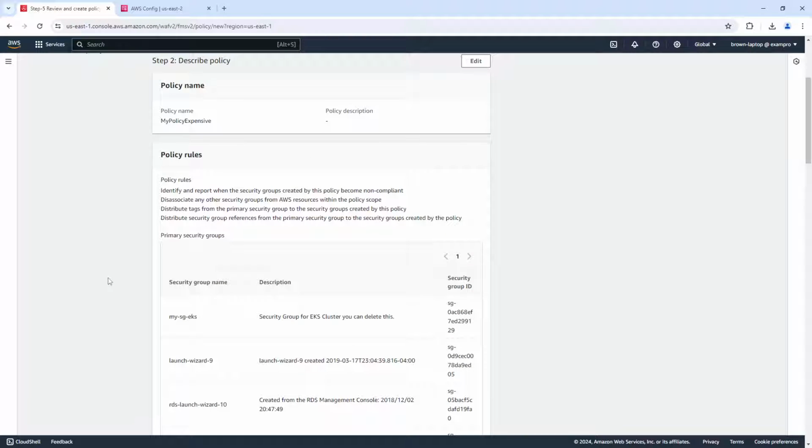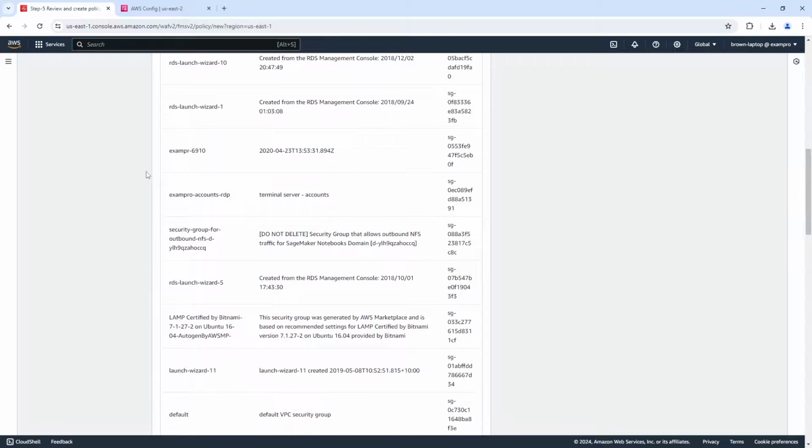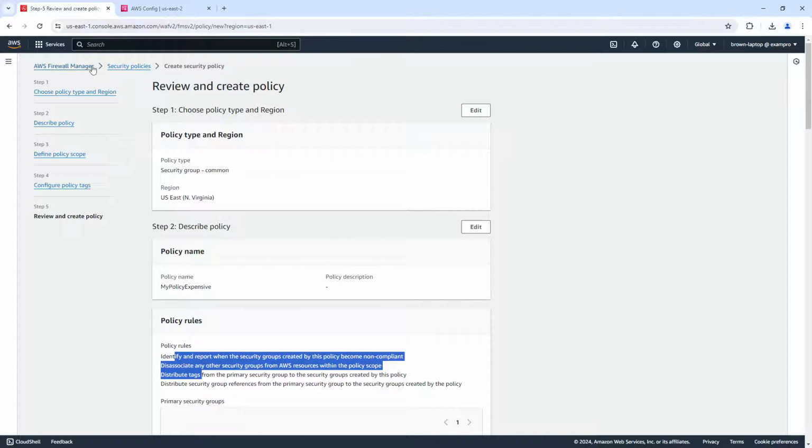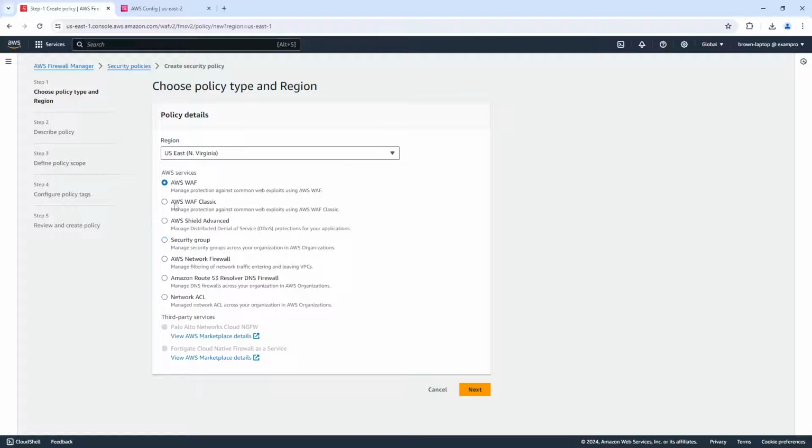And then we have our policy tags. All right. So we've defined our rules. I imagine that these rules would create AWS Config stuff. But again, I don't want to create this because it's really expensive, but that gives you an idea of what you can do. Imagine if we went here and chose a different service,